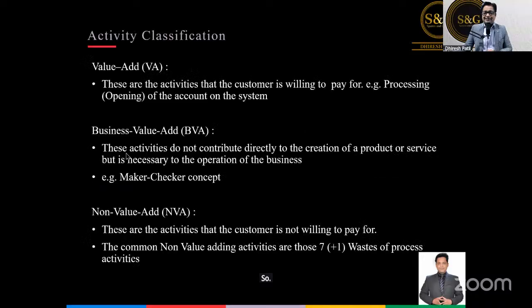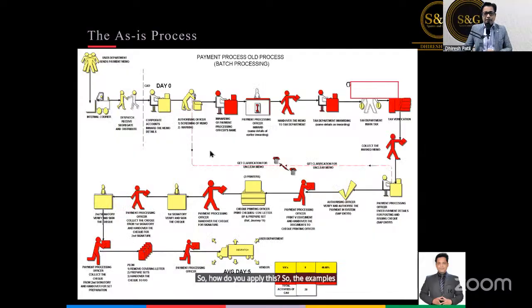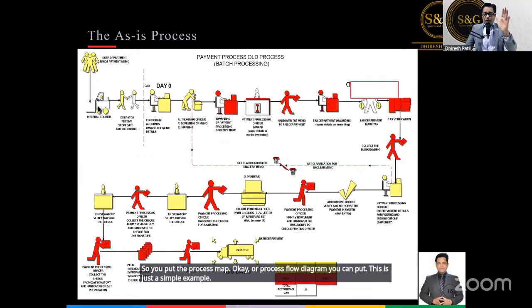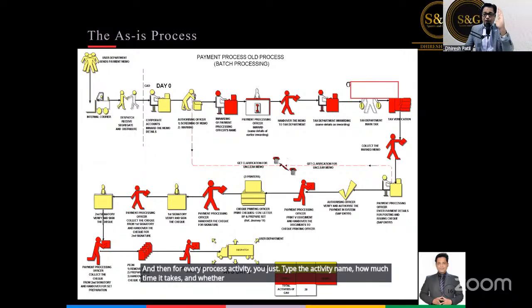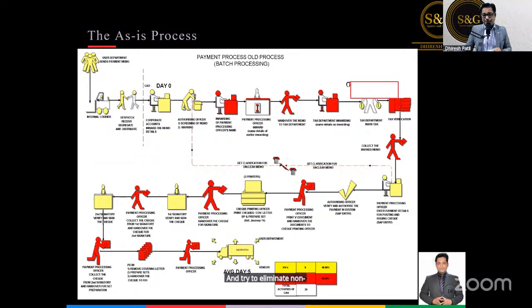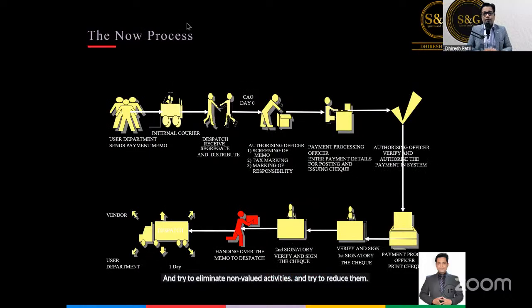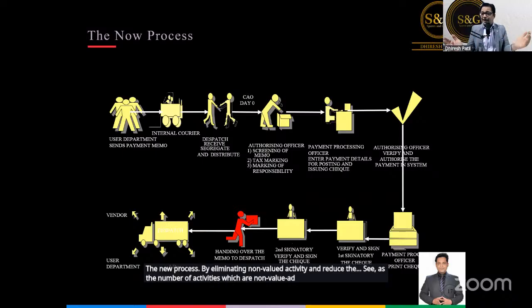So how do you apply this? The examples are given. You put the process map, or process flow diagram, you can put. This is just a simple example. And then for every process activity, you type the activity name, how much time it takes, and whether this is value added, business value added, or non-value added. Try to eliminate non-value added activities and try to reduce them. In the new process, as the number of non-value added activities are eliminated from the system, then